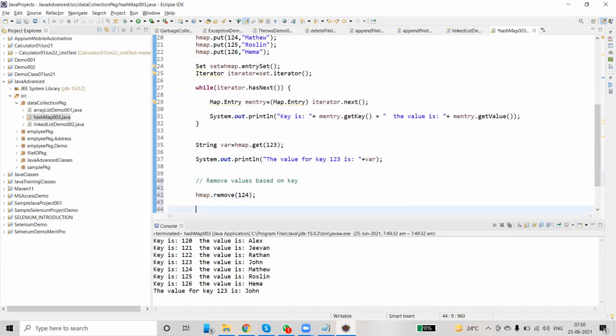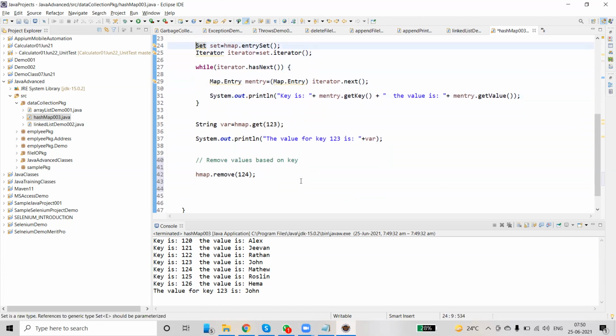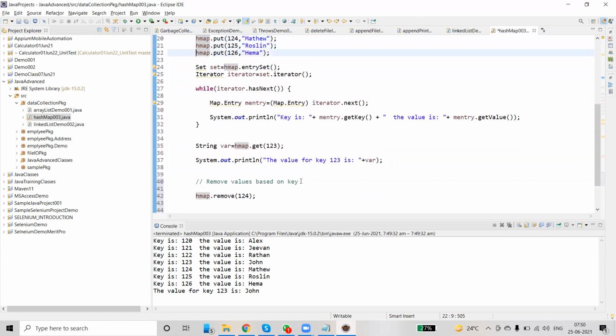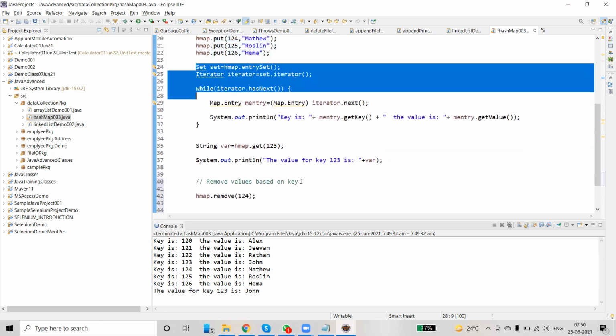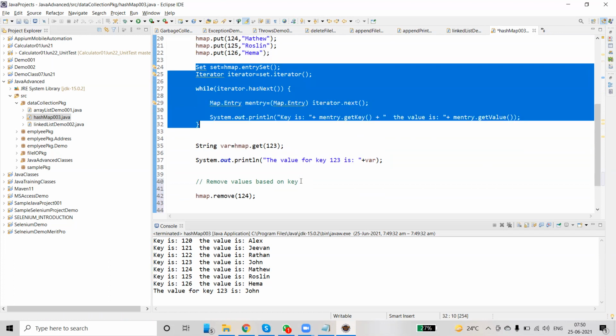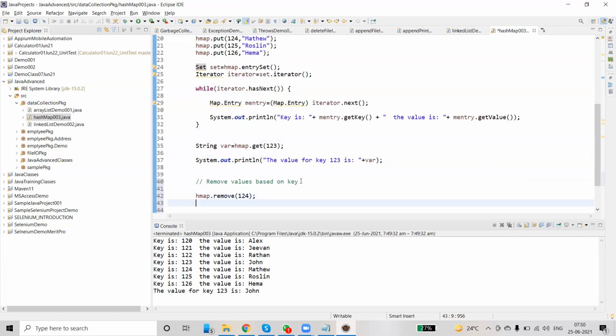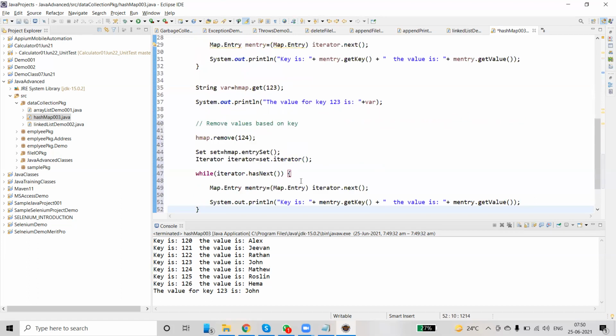After removing, just take the entire logic from here and the entire value from here. Otherwise, I just want to make it separate. Just copying it.